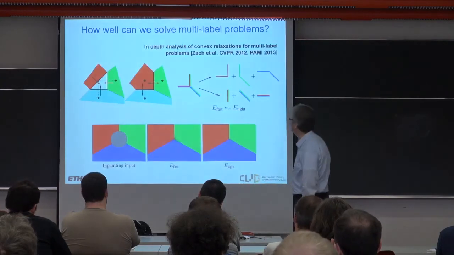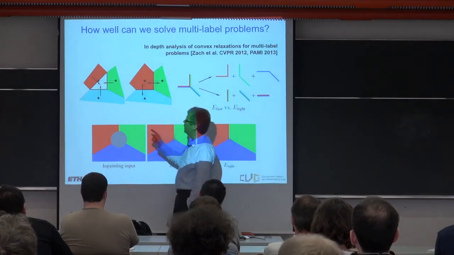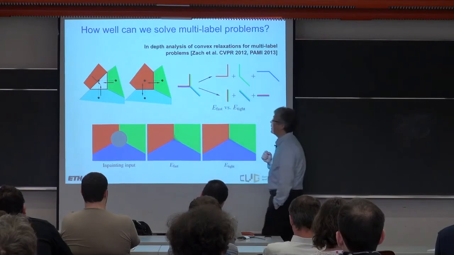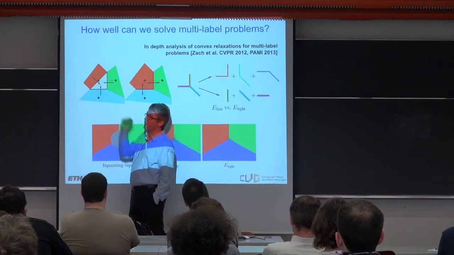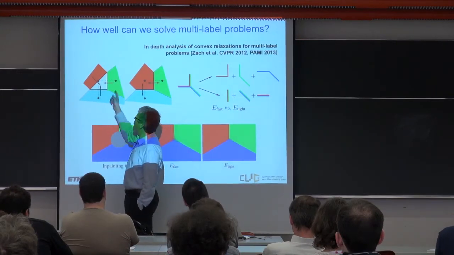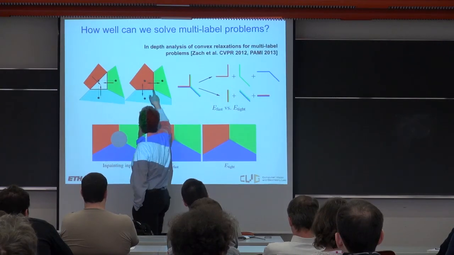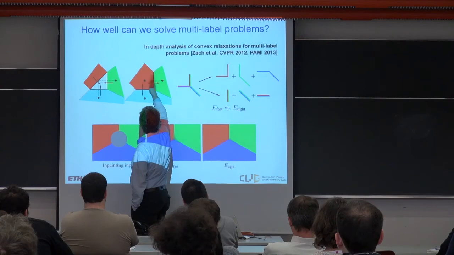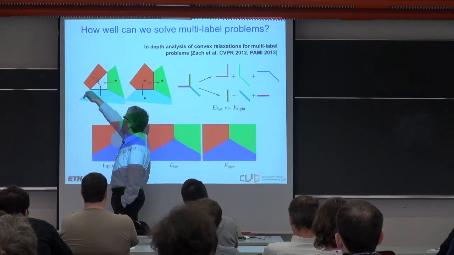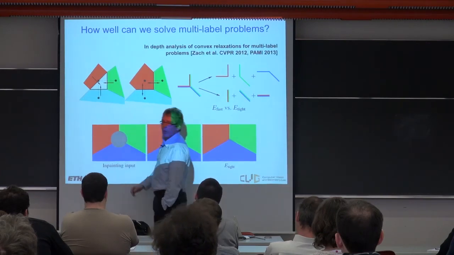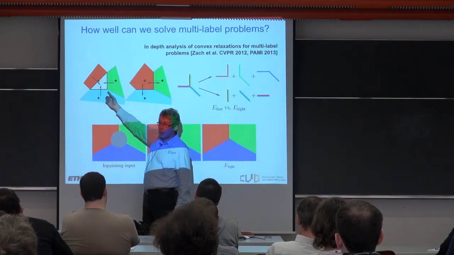We actually also have some explanations of why this is probably the case. In particular, there's a much cheaper relaxation that doesn't model every possible interface, but models one versus the others. If you do that and you interact with 2 classes in a corner, you confuse the corner here. In this case, it's a corner if you model this interface and that interface separately. But if you model it as red versus the rest, then this looks like an interface this way. And so that's why this less tight relaxation, which is linear in the number of classes,